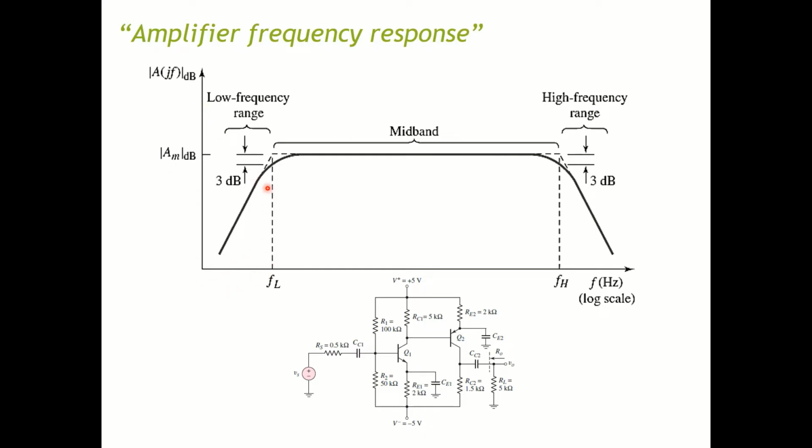In this region, the frequency is too low, so the capacitor is now acting as an open circuit, or it's no longer acting as a short circuit. Therefore, you can have the gain reduced